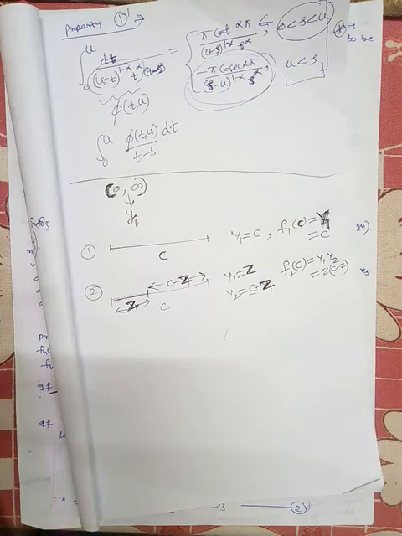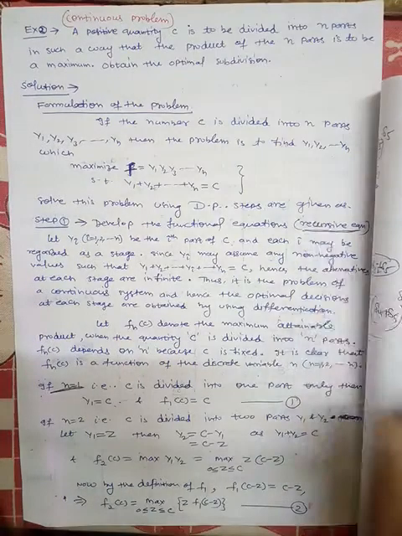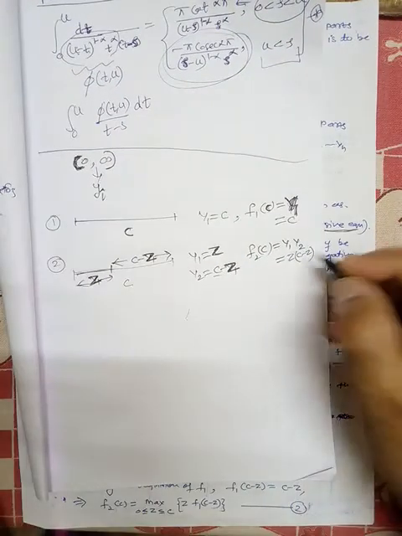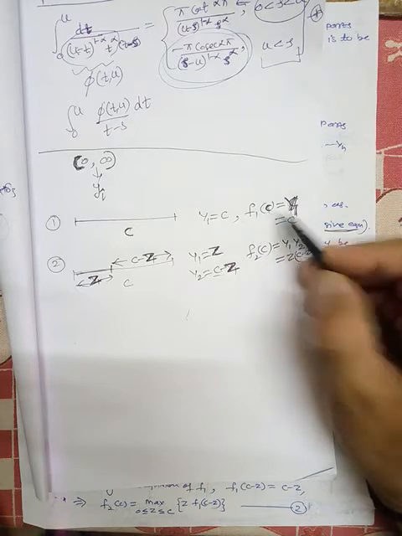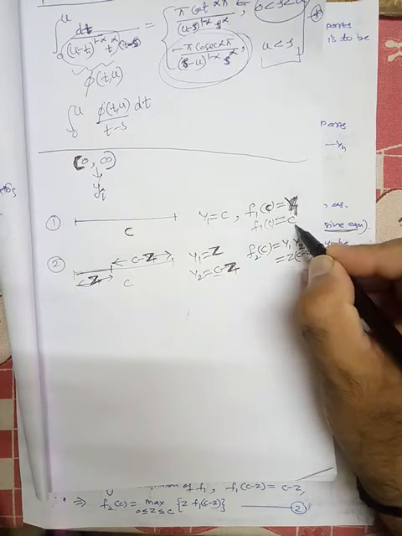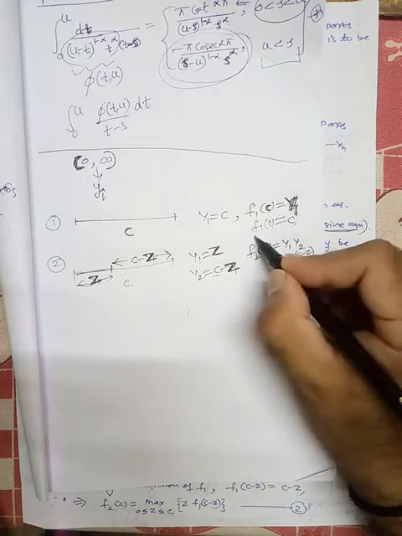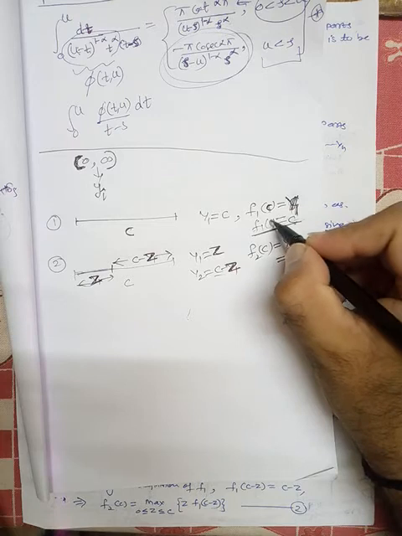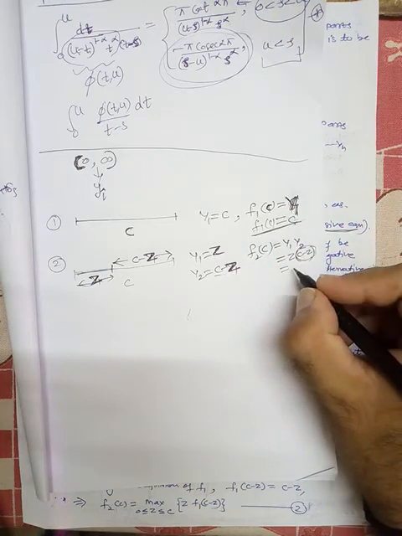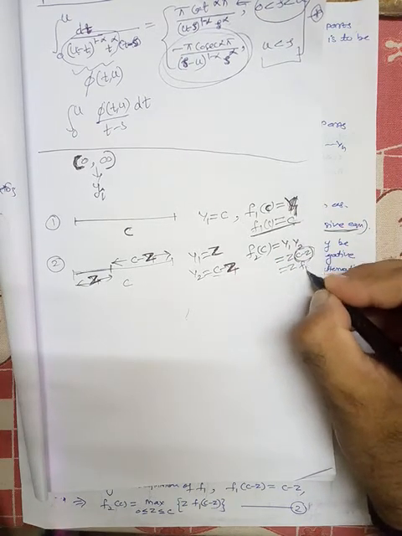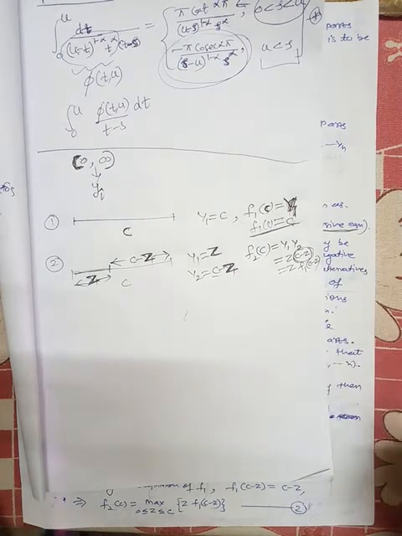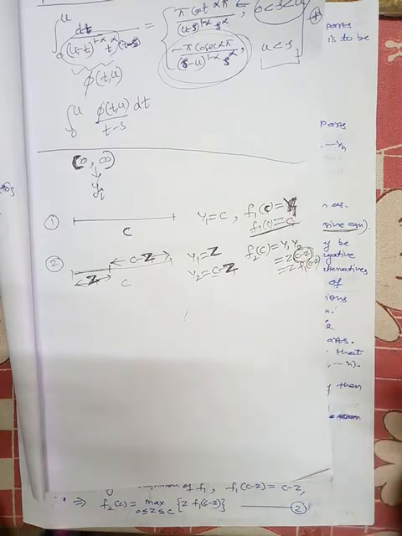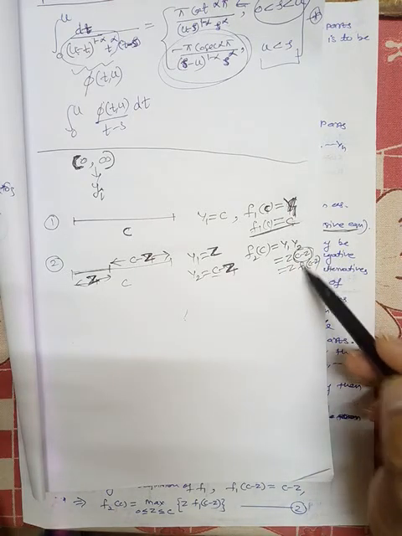Now if you see, what is our purpose? Our purpose is to construct the recurrence relation. So if you will see here, f1(C) is equal to C. So if you use this, here we have C minus z. If you replace C minus z here, ultimately we can say that this can be written as z f1(C minus z). f1(C minus z) according to this will be C minus z. Hence we can replace this C minus z as f1(C minus z).